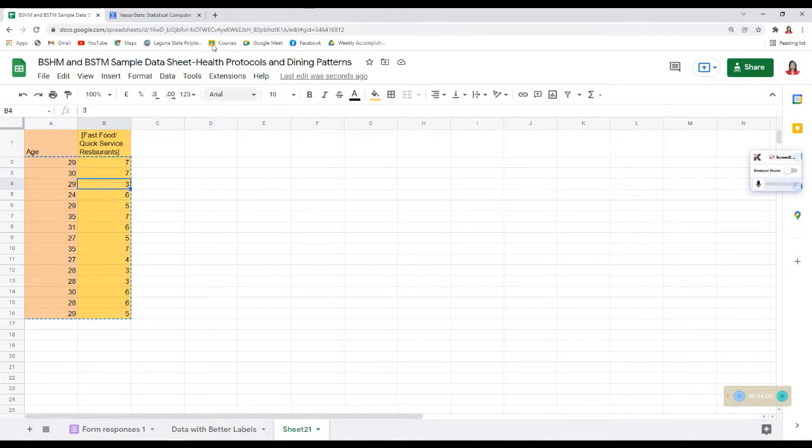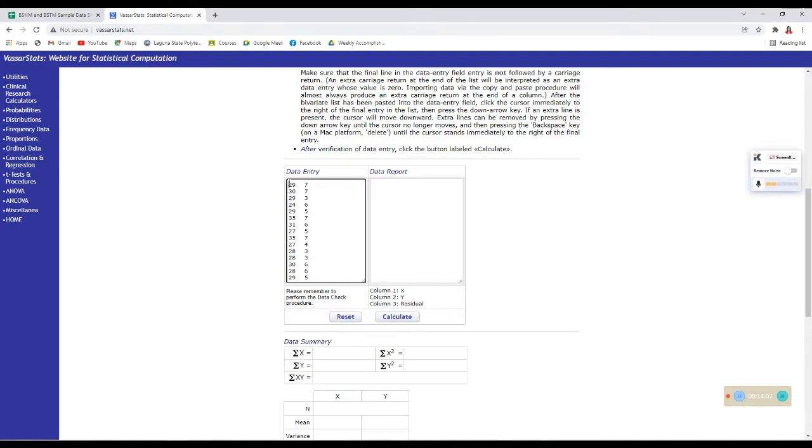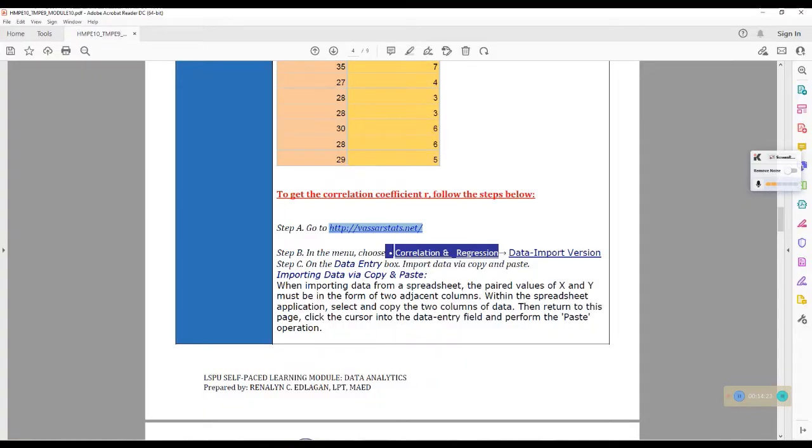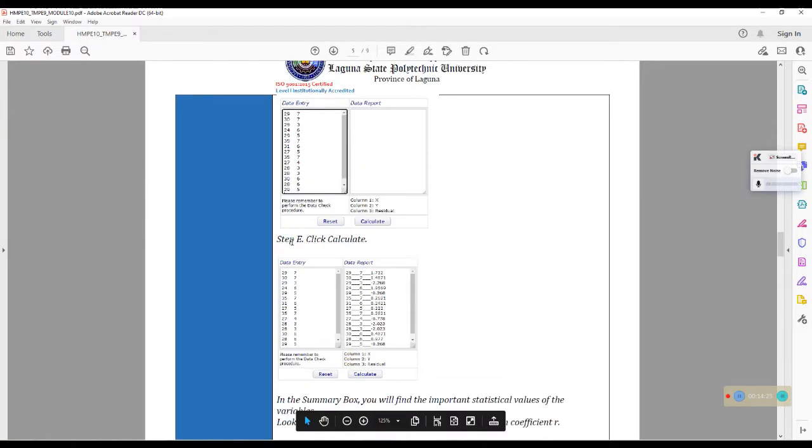Si 29, 3 times. So, dapat dito ganun din. So, kung sino yung sumagot ng edad niya, katapat din yung response niya for the dependent variable, which is the frequency. Okay? Next step natin, from the module, just